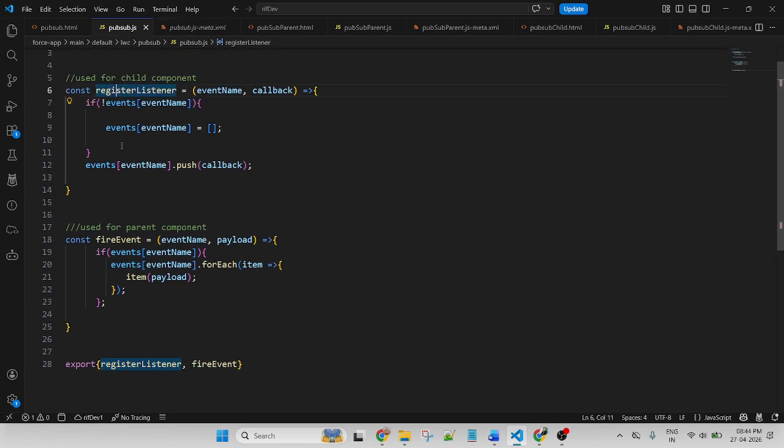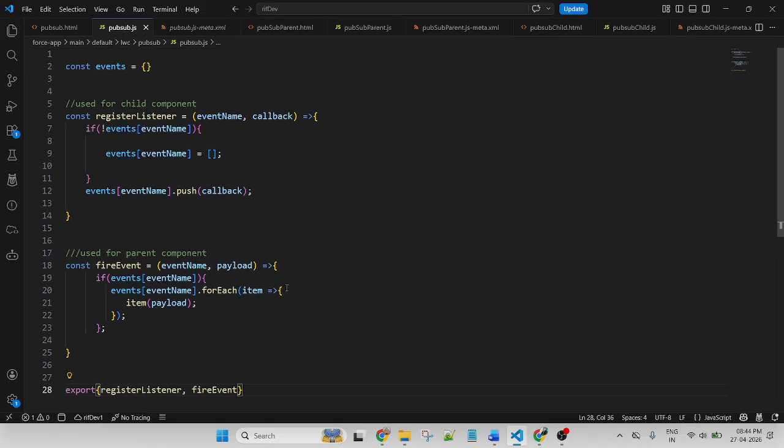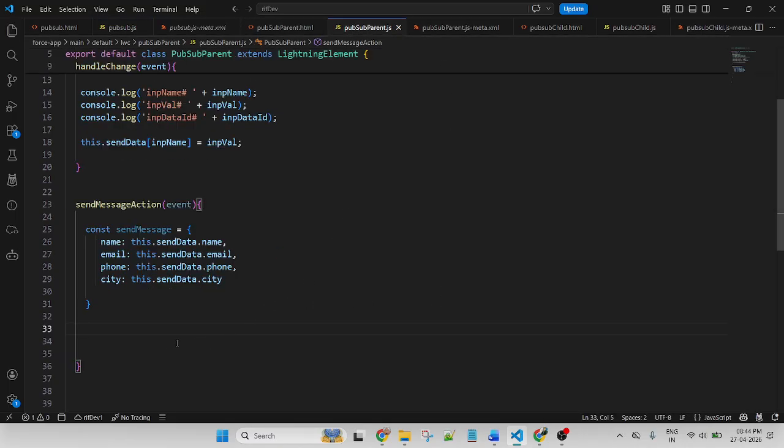Both of the constant variables I am passing here. It is mandatory: first I create a function, then I export. So in the parent component, I am sending the data, so I copy fireEvent and go to the JavaScript, and here pass the event name, then a comma, then pass the data you want to send.